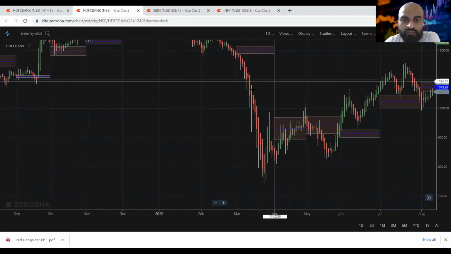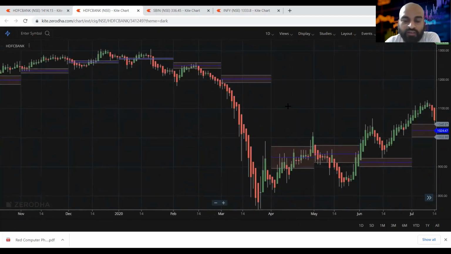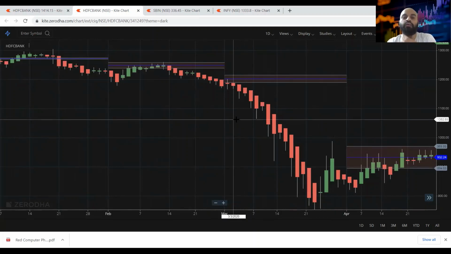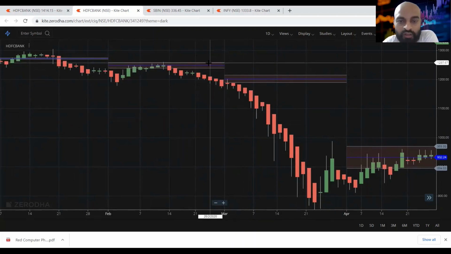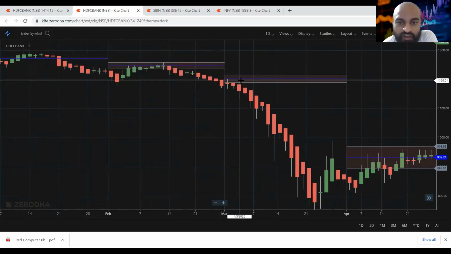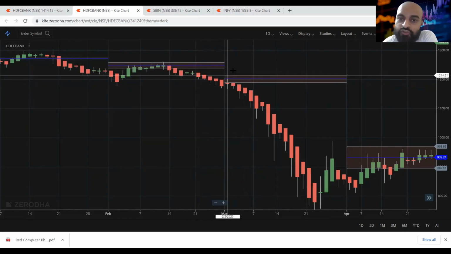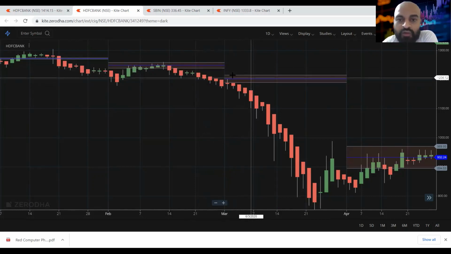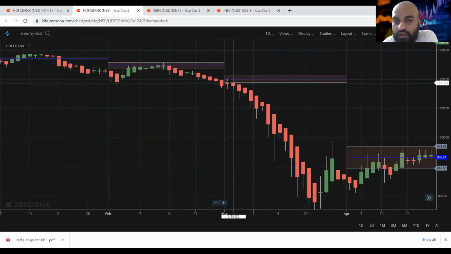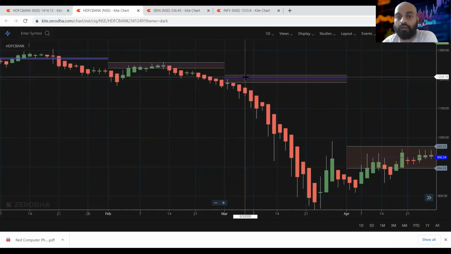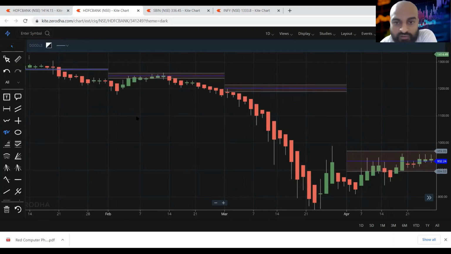Now, if you look at the sell setup, it works in a similar way to the buy setup, but in reverse. Your current CPR should be below the previous day CPR. In the buy setup, it should be above the previous day CPR. When you are selling, the CPR should be below the previous day CPR. Now you can enter somewhere here.